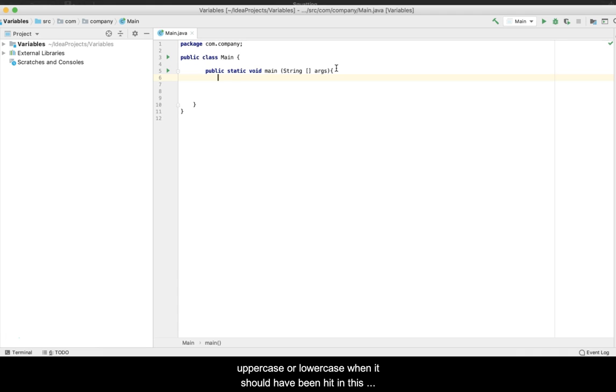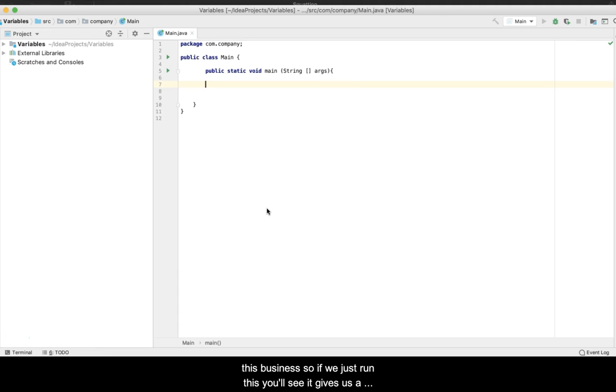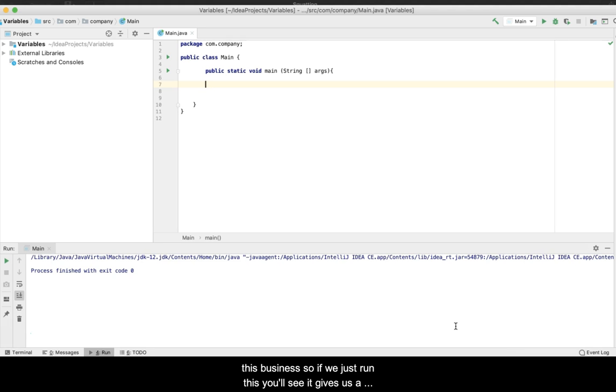Alright, so at the moment we've got our method, so let's run it. You can run your method by hitting this button in here, or just go in this area, click on your right button and go to run main, and you'll see there's an abbreviation for this, a shortcut. So if we just run this, you'll see it gives us process finished with exit code